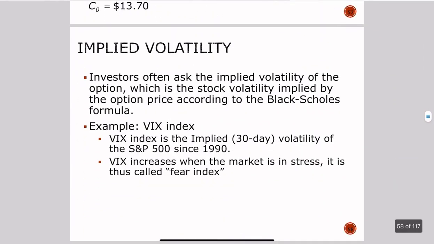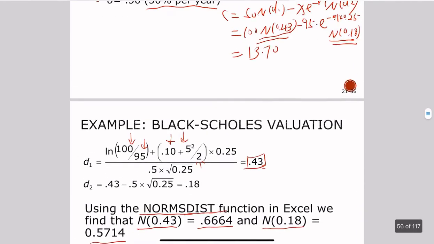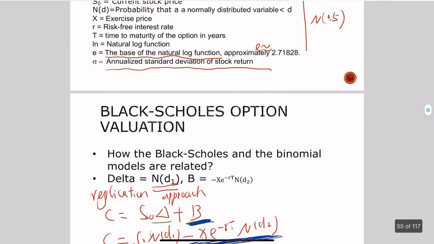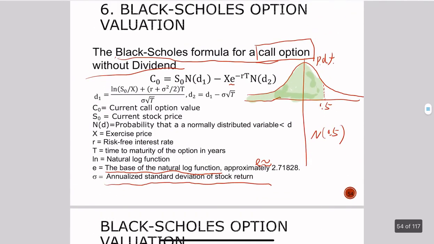Okay, a very important application of the Black-Scholes formula is about implied volatility. If you trade, if you have an investment account, it's very likely you have heard about implied volatility. First, what is the implied volatility? Well, if you look at this formula, what you can see here is